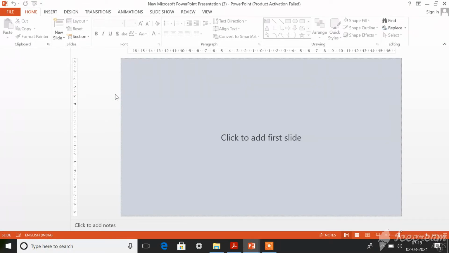First of all, you need to have that application on your laptop or computer; you need to install it. After installing, click on the Start tab, go to All Programs, then click on Microsoft Office, and within Microsoft Office you will have Microsoft PowerPoint 2013. Click on that option and immediately you will see a window like this.